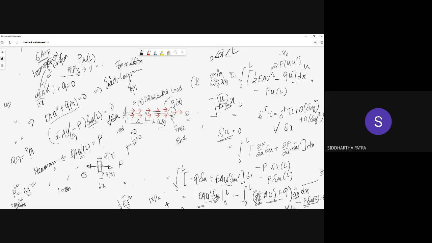Now what about the strain value, or rather what is the stress? It is E times epsilon at L. Now how much is epsilon? Epsilon is u prime at L, so u prime at L is actually P divided by A. So when you multiply with A, you get P. So the boundary condition that we are getting, we could have also gotten from the free body diagram. And because we are drawing a free body diagram, whose approach is this one?